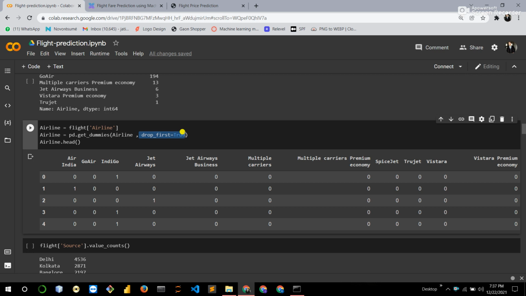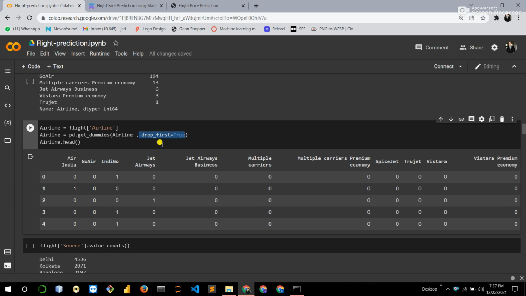Taking another example, male, female or transgender. If we set drop underscore first equal to true, it creates only two features, male and female, with values 0 or 1. If male is 0 and female is 0, automatically transgender is 1. So we don't need to create more features.